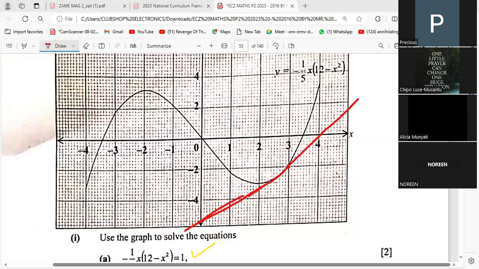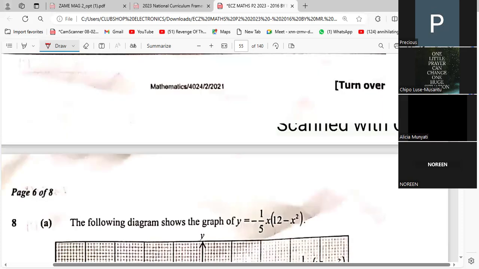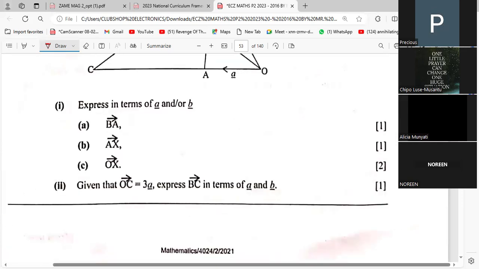Sir, so in the exam, when drawing the line, you just draw on the same question paper? On the question paper, yes, because the essence of the line is to help you find the answer. It's not that you are proving something, so no one will ask for the line. Actually, if we are going to learn calculus, there's a method we are going to use even without